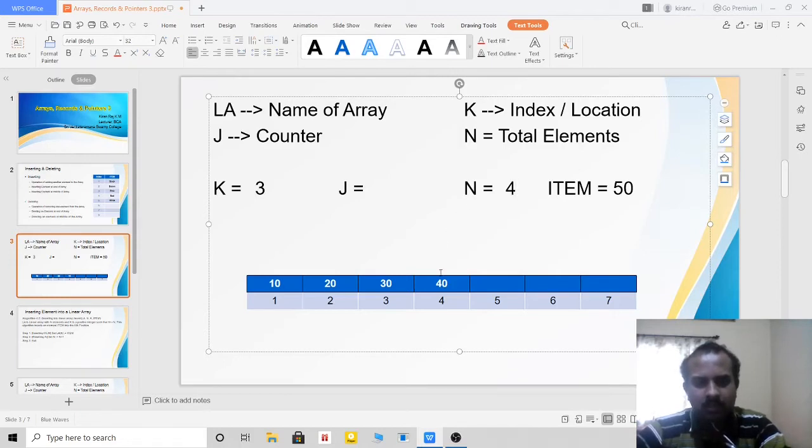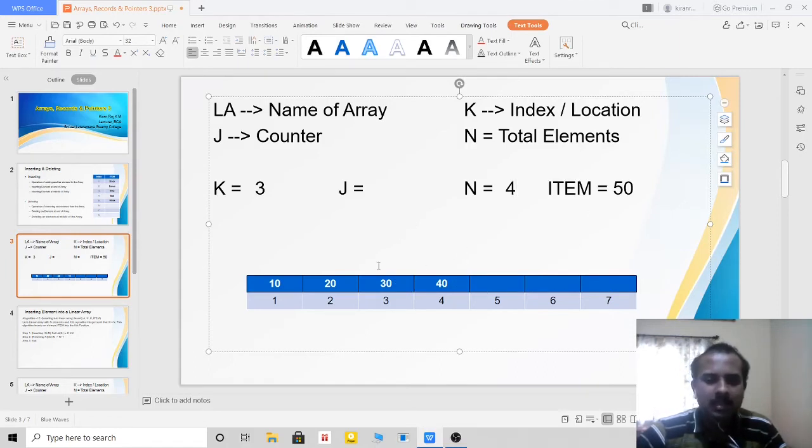So what am I going to do? If I make LA of k, that is LA of 3, directly equal to item, then what will happen? The 30 will get replaced by 50. Yes, 50 got inserted, but 30 got deleted also. So that is not the proper method, right? So what I have to do? I have to change 40 to the 5th position and the 30 to the 4th position.